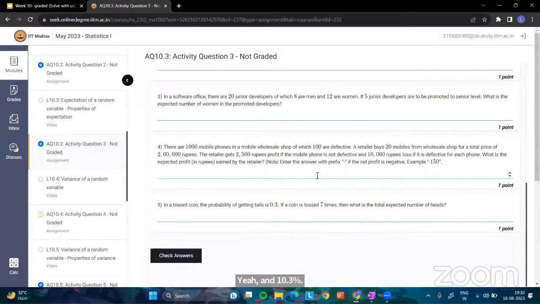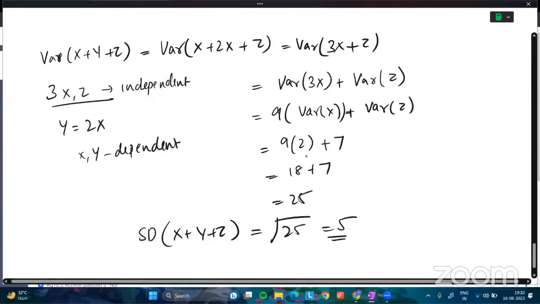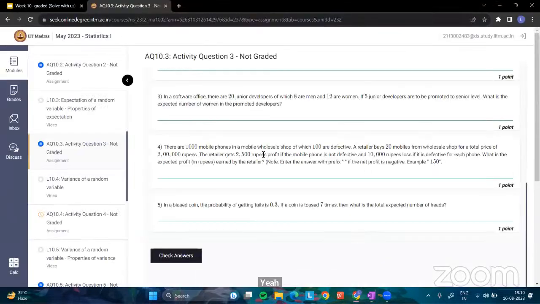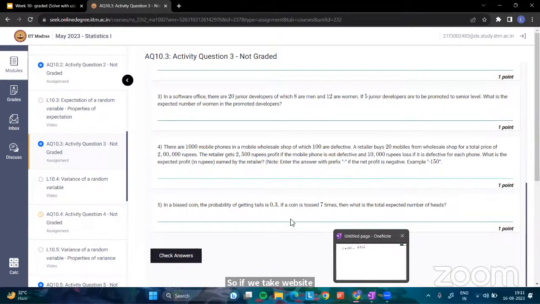Yeah, so this will also be using the, so we solved a lot of questions using this concept, right? Expected value of summation xi is equal to summation of expected value of xi. So here basically what we have to find is the sum of all the individual profits or losses. So if we take xi as just for one